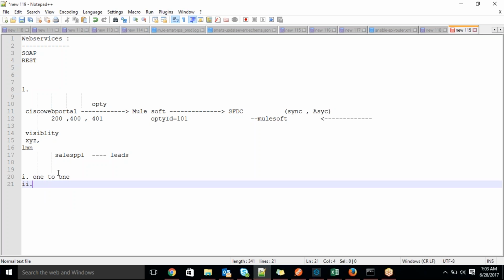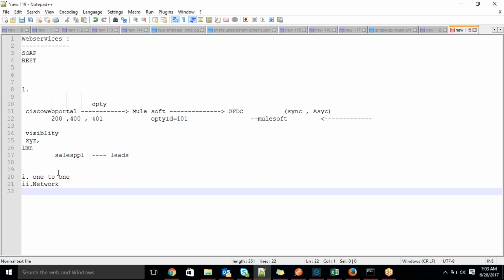The second reason is some kind of network issues will occur. Then whoever tries to consume their service can't get the response. The third thing is, client and server should know each other, guys. Otherwise they can't communicate with each other.